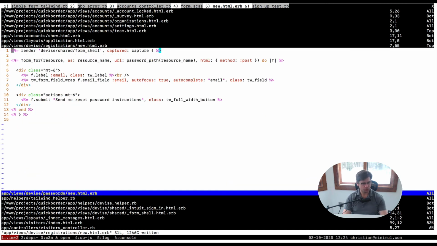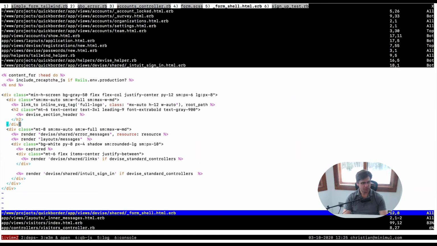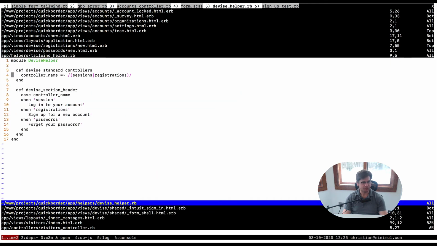So here's the password's new form. And we're going to use the form shell. Nothing's changed there. But let's just take a look at the form shell and some things I did there. One thing I wanted to do was, before I just had a conditional for registration, sign up, and sign in, log in. But now we're adding this password new. So what I did was I just made a helper, an app helper, and this is Devise helper. When you're doing helpers too, you always want to add a prefix because these go into the global namespace for your views. So what I did with Devise section header was I have also a method controller name